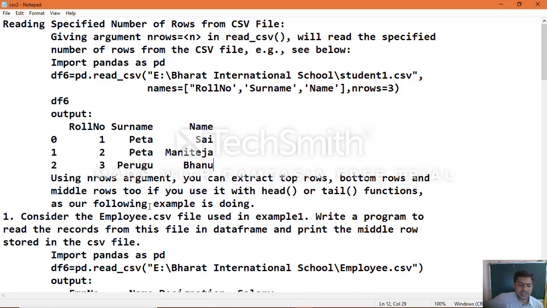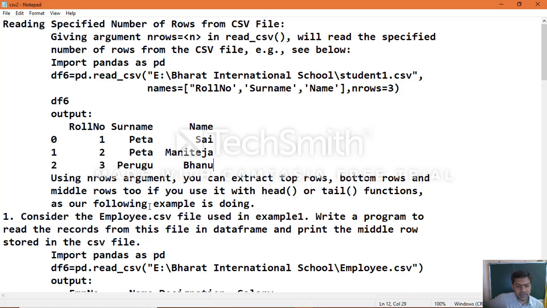By default, head extracts the top 5 rows, and the tail function extracts the bottom 5 rows, and if you specify an n value for head and tail, according to that it fetches that number of rows. That is what we learned when we learned the series data structure, the one-dimensional array form.